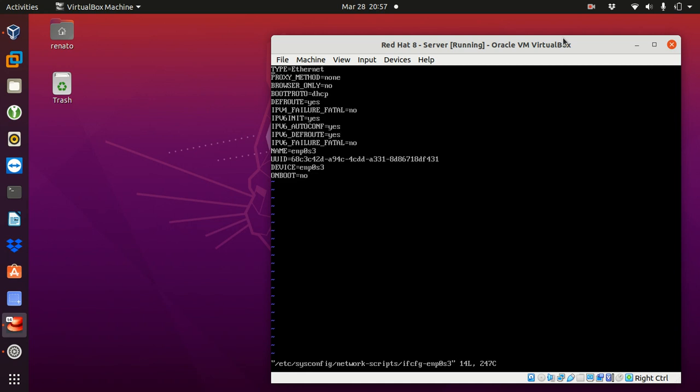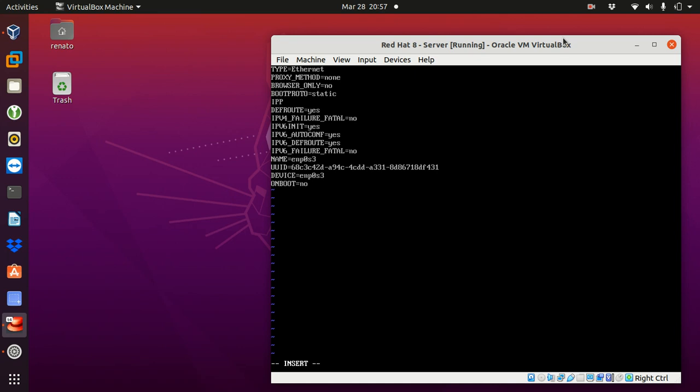The first thing I'm gonna check is BOOTPROTO. We're gonna change from DHCP to static because it's a server. So servers, we cannot configure a server with DHCP. So it has to be a static IP address. Next line,